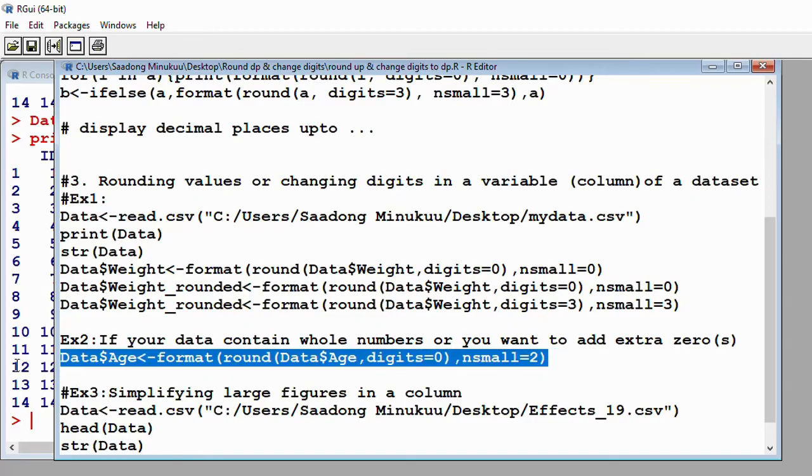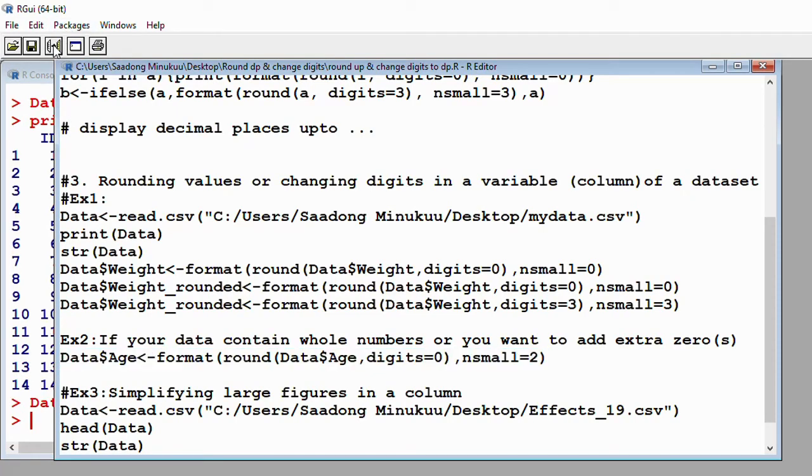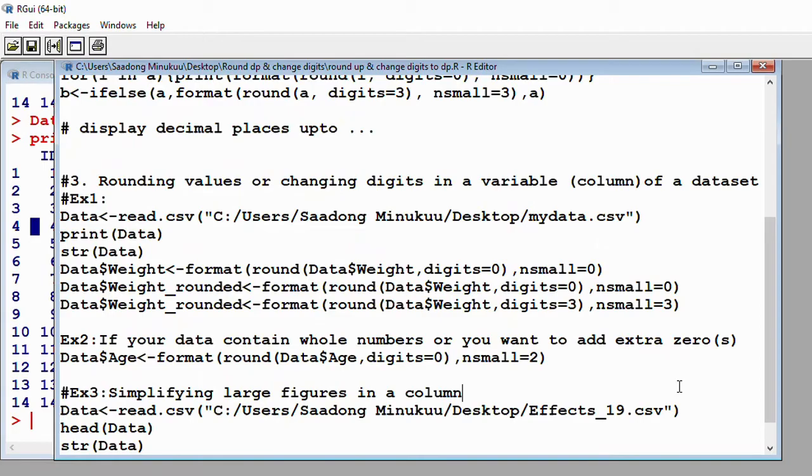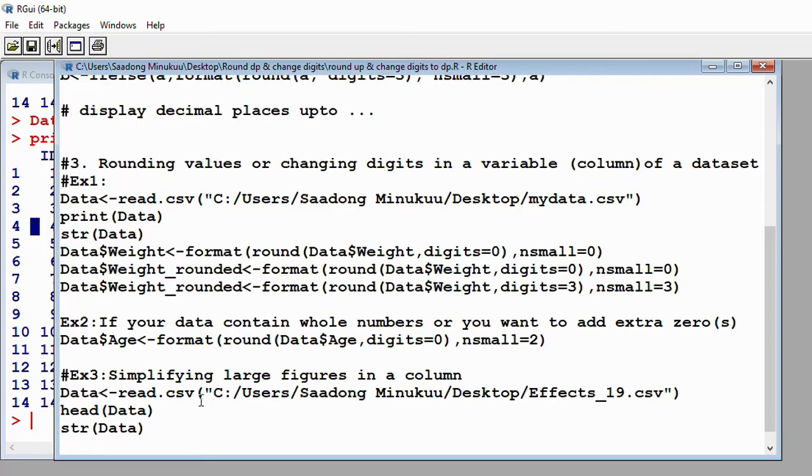If I should run this, perfect. Now if I should print our data again, you see that h is now 0.00. So that's just it. Now let's move on to the last part, which has to do with, like I said,